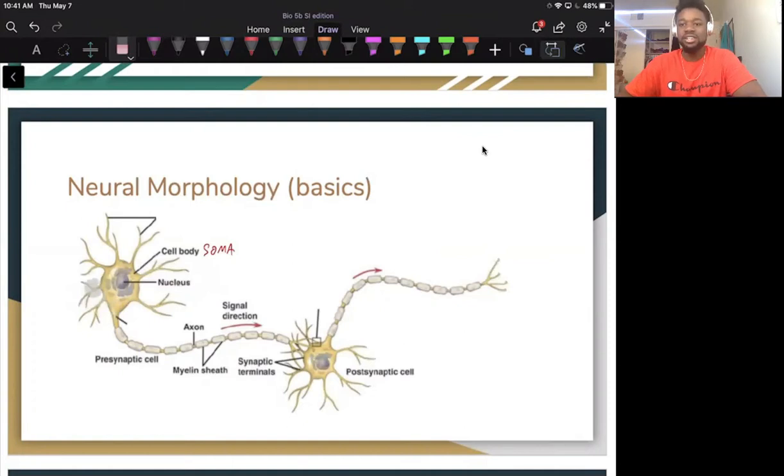These processes are specialized tissue that are made for receiving input from other neurons. Do you guys know what these extensions are called? Hopefully you're able to find out for yourselves, but these are called dendrites. So dendrites are specialized nerve tissue for receiving input, and they're going to take this chemical input, convert it to electrical input, and then send that signal down to the cell body,